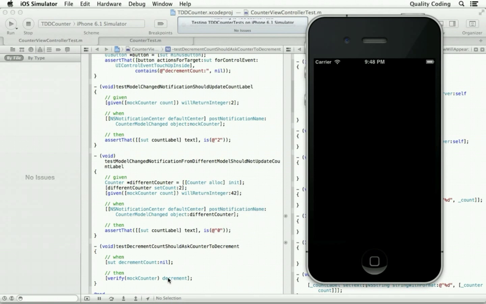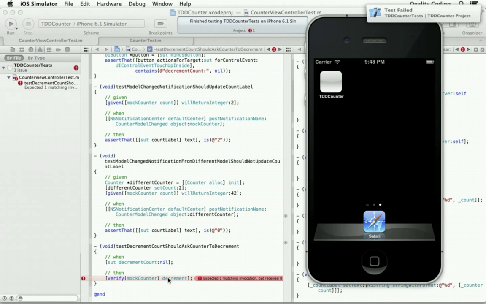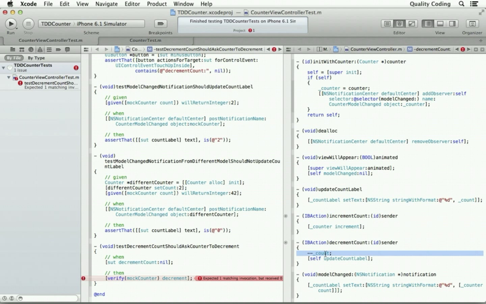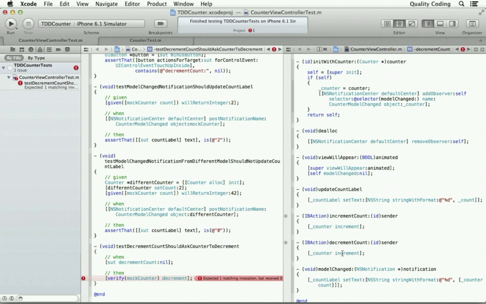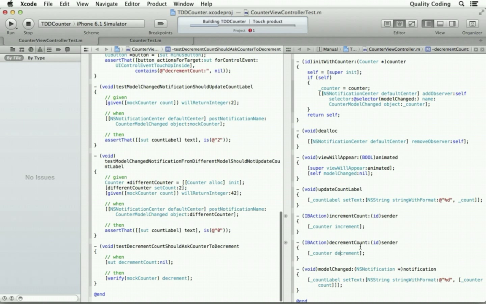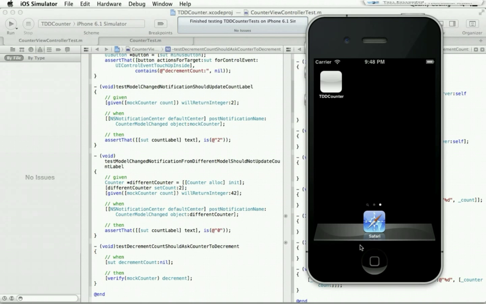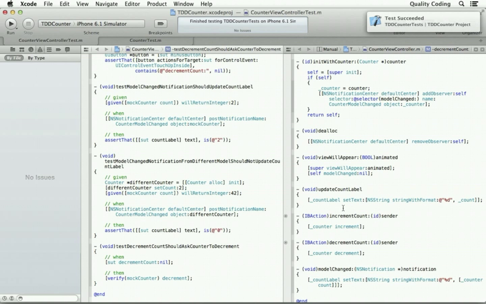Run the tests. It fails. And really it should look more like that. Run the tests again. And they pass.